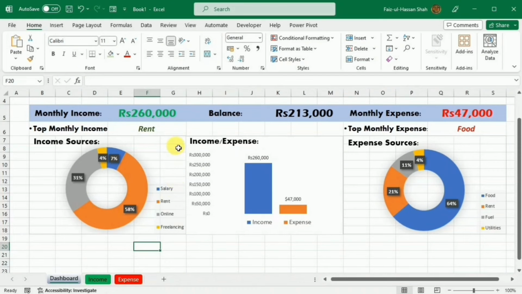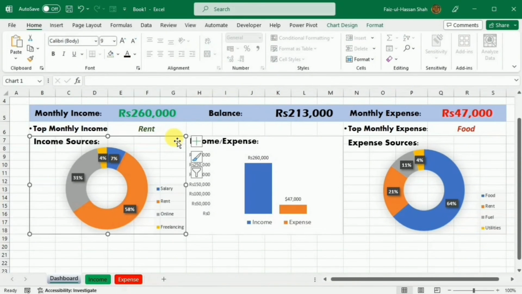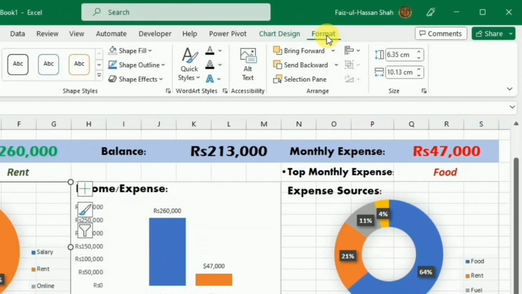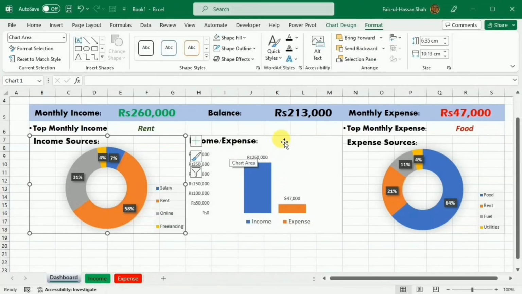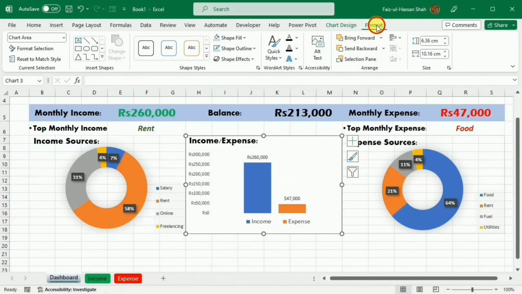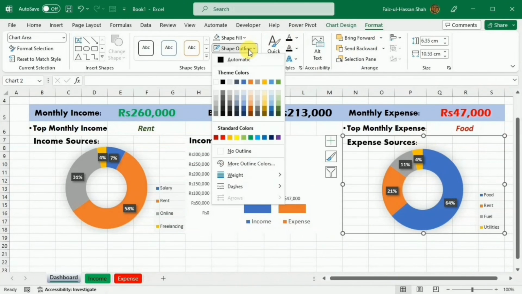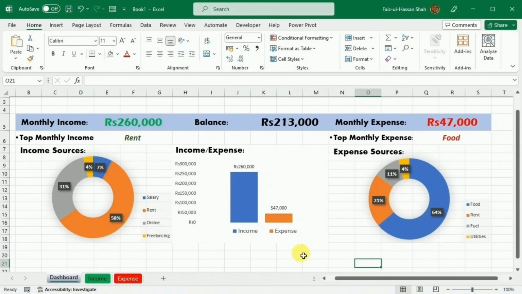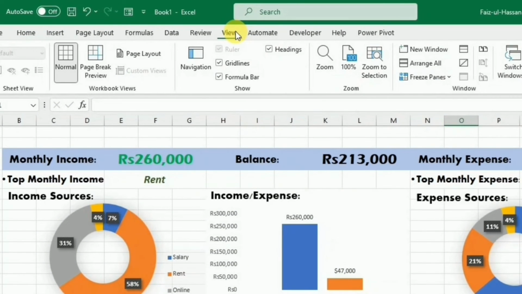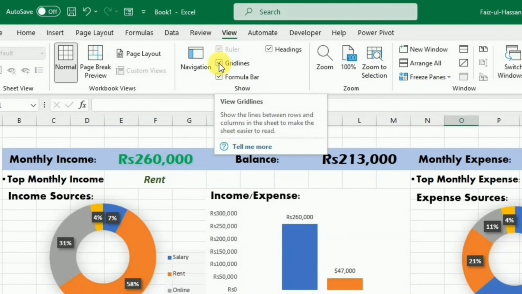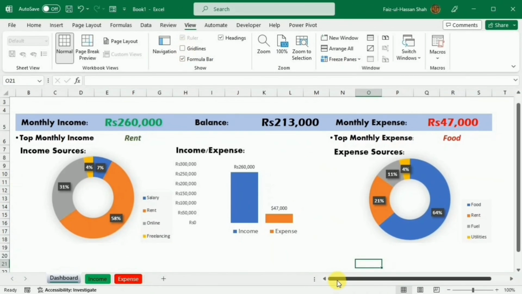To remove this outline, I will select the first chart and then I'll go to the format option, and here under the shape outline, I will select the no outline. I will do it for all the charts. Now you can see that these grid lines are not visually required now. So I will go to this view tab and here I will uncheck this grid line and everything is nice